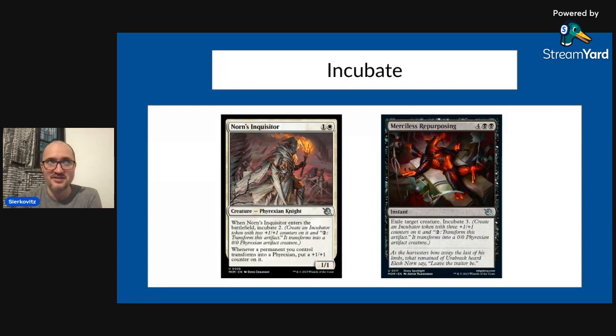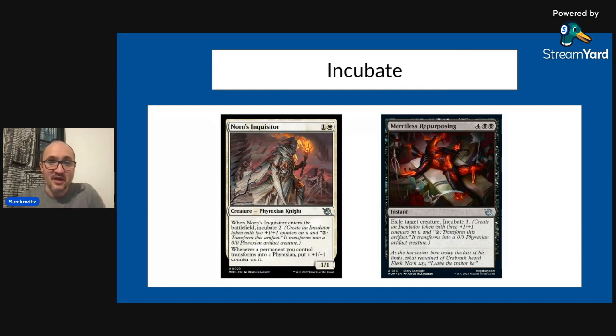I don't know how it works. That token has a backside, but okay. They say that it's according to the rules, so I must assume it is. And then, of course, it becomes a 0/0. And because it's 0/0 with +1/+1 counters, it has the same power and toughness as the number of incubate that